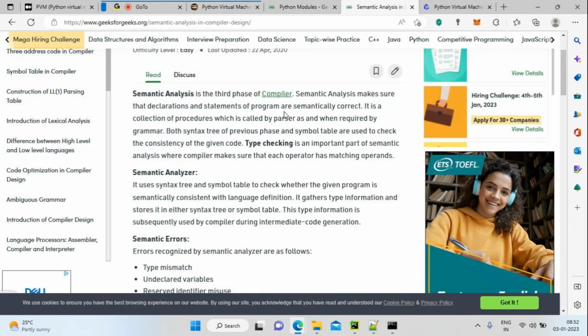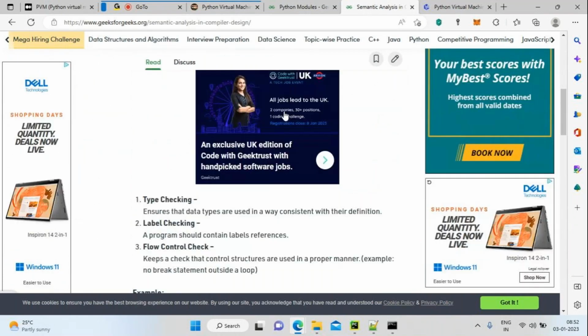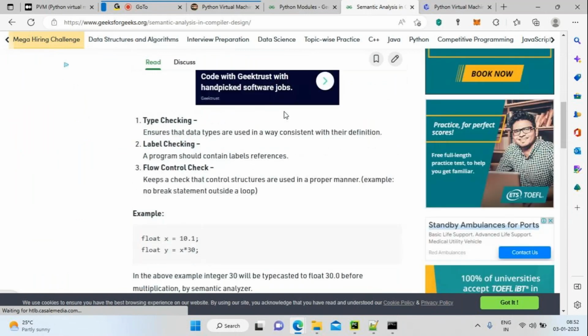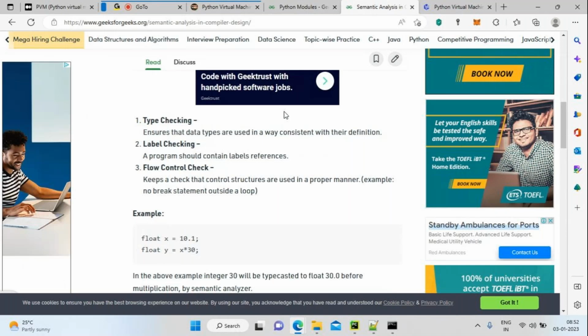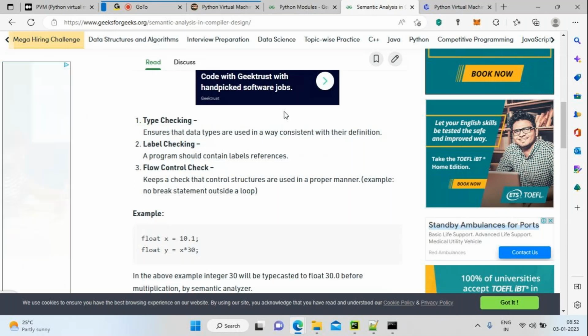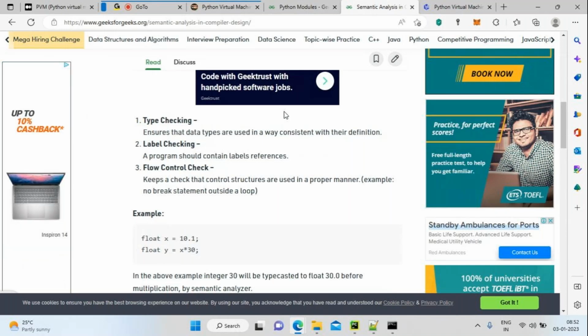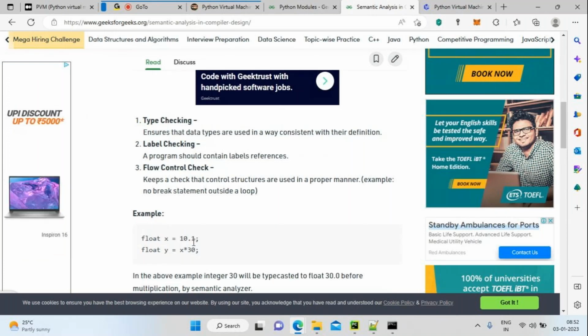Now I'm going to talk about 2 more things. One is type checking. Type checking is nothing but ensuring that my data types are used in a convenient way. I'm going to give an example. I'm declaring one float variable, float x equal to 10.1.